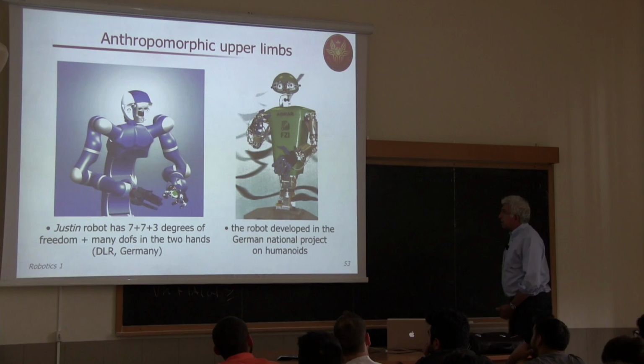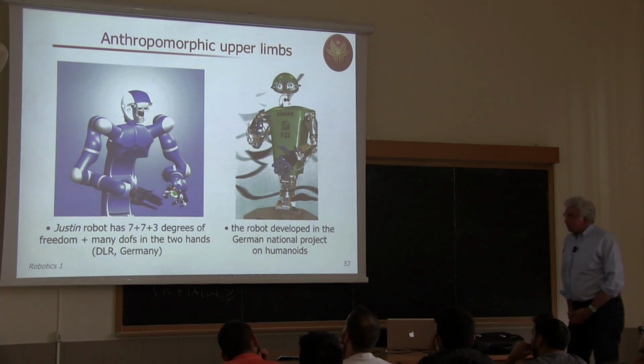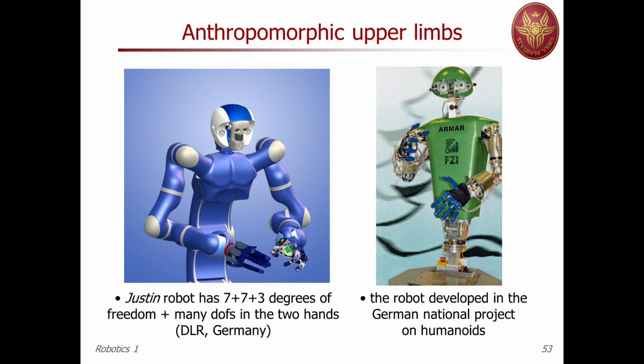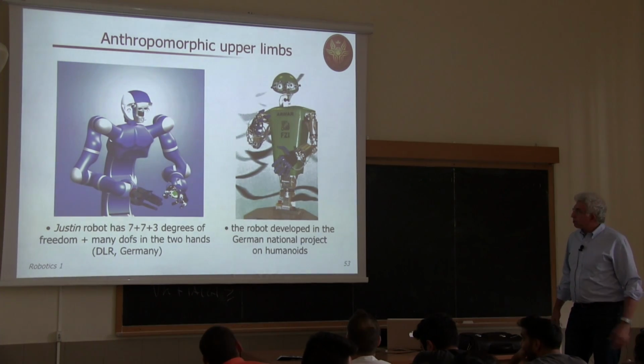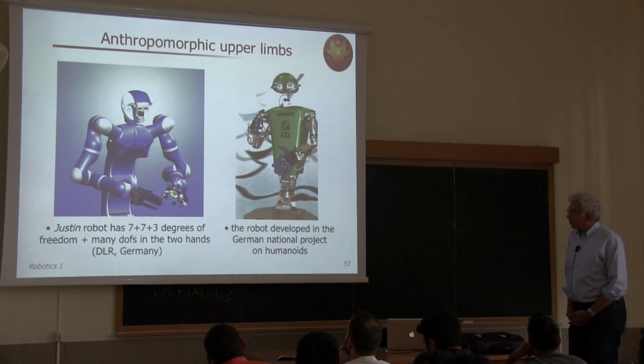So, what are these two guys? On the left, the Justin robot. The name came out from the fact that it was completed just in time for a presentation at the fair, at the Automatica fair. You may recognize that the two arms are two lightweight robots that we have already seen,